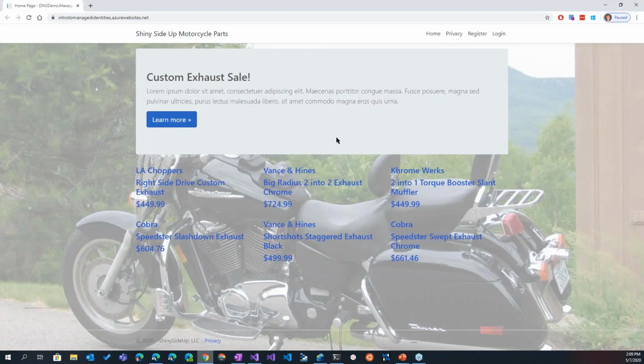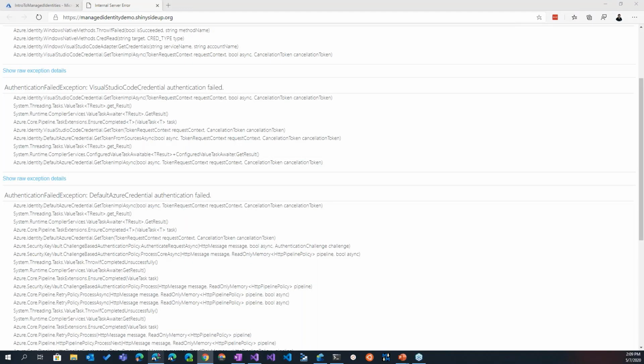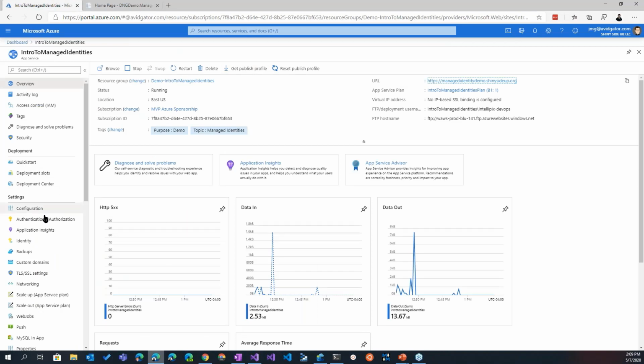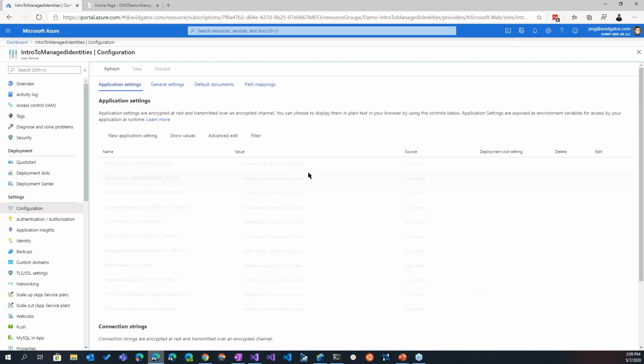It's a fictitious motorcycle parts store. And I can log in, and the login is backed by the database. The parts are stored in a combination of Blob storage and Azure table storage. If I come on over to the Azure portal, and I look at the configuration for the service,